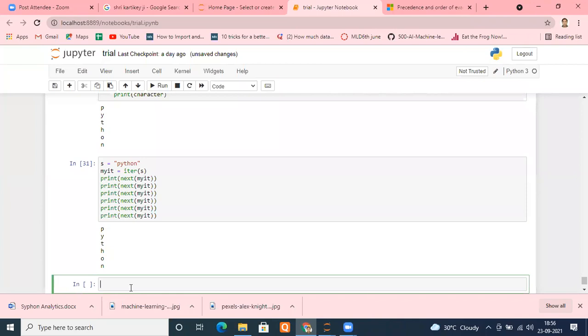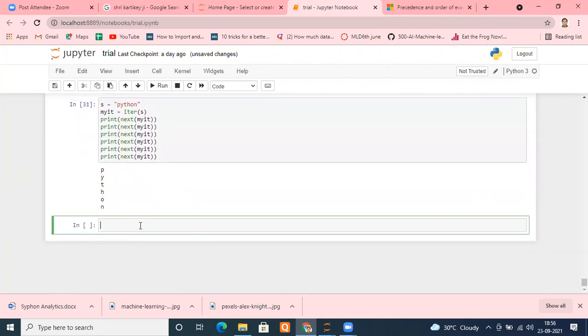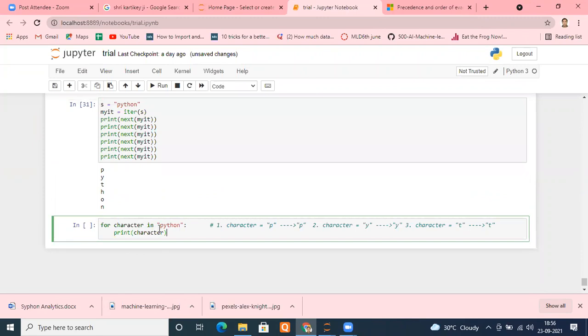Same thing I can do, right? I am copying this code again. For character in the string, any character you can take, it's up to you. Suppose you want to type Python or something. So instead of printing character here, I can put hello here. That's it. It doesn't matter. Character will take P, let it be. We don't bother about what character is holding. I need to perform this task. That's it.